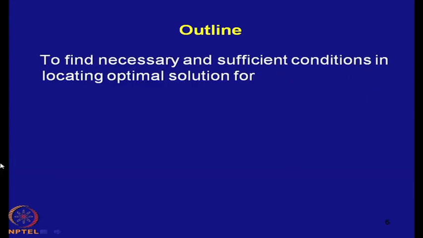Now, for finding the optimal solution, the first step is problem formulation. Once the problem is formulated, after that we need to find the optimal solution. As I told you, the optimal solution is something we have to select from the feasible region, and the feasible region has an infinite number of points. That is why selecting the optimal solution is not an easy task. There are certain conditions which have to be fulfilled, and only then can we declare that whatever decision we are taking is optimal. That is why we need to study the necessary and sufficient conditions for optimality